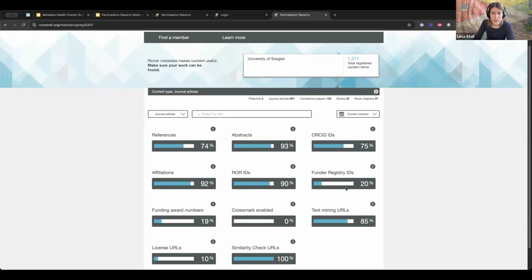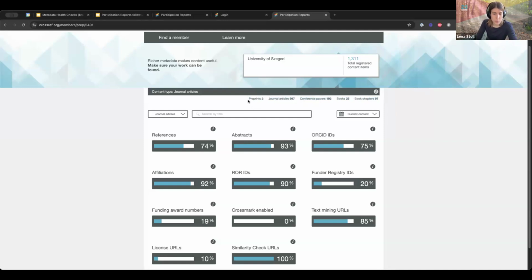You will always see near the member name at the top of the screen the total number of records, registered content items that we have in our database for this member. And there's also a breakdown further below of the different types of records that we have for the member.